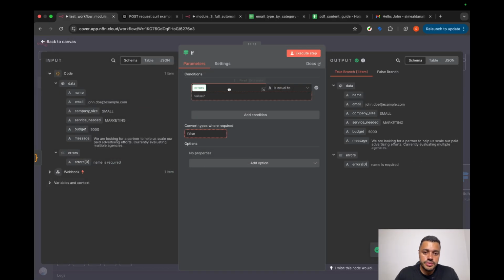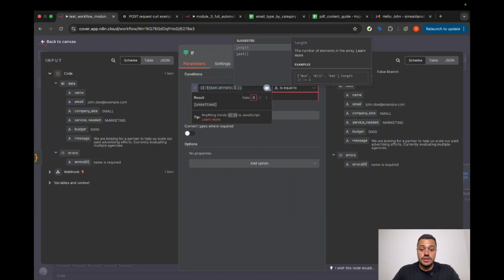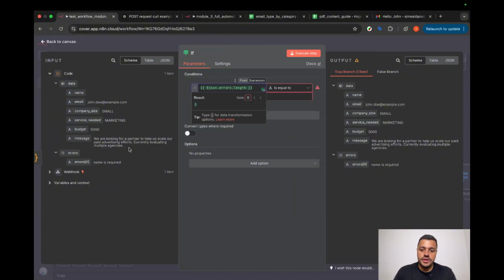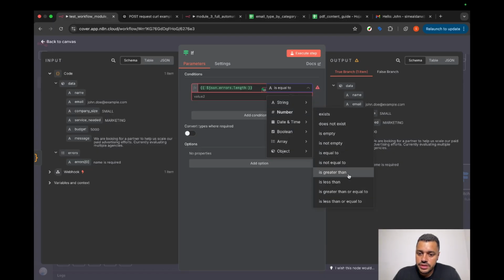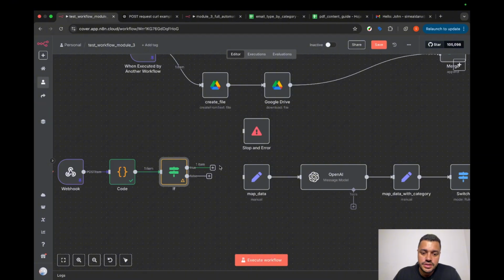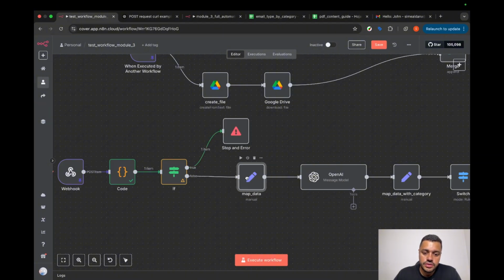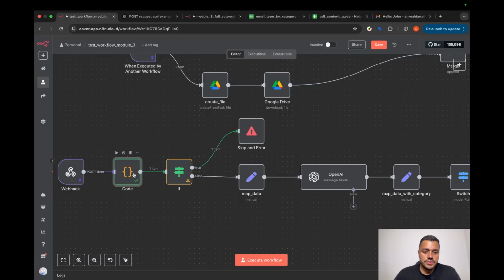Basically, we are going to evaluate this, and if now there is a list of errors and it's a number, and we are going to say it's greater than 0. If this happens, stop the execution, and if not, we are going to continue. Now we have a validation and error handling, but there is something that I would like to add here, which is